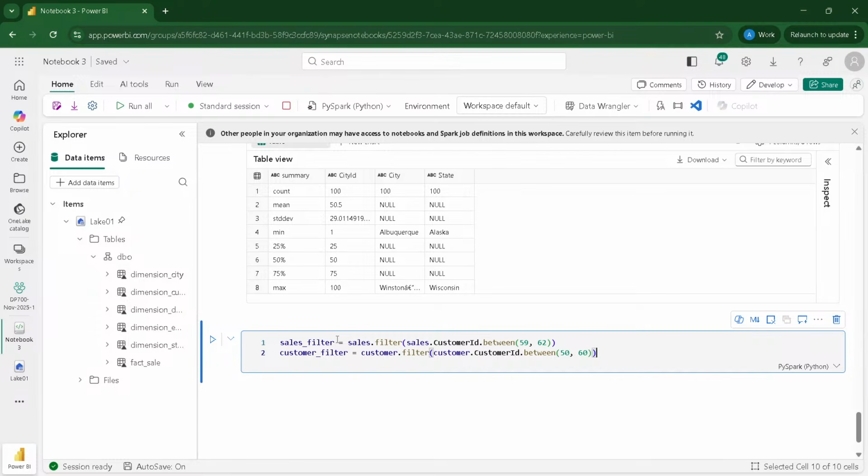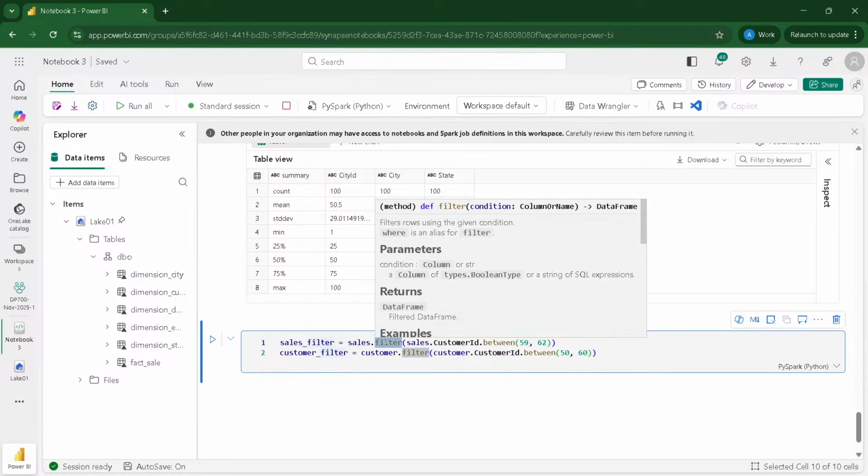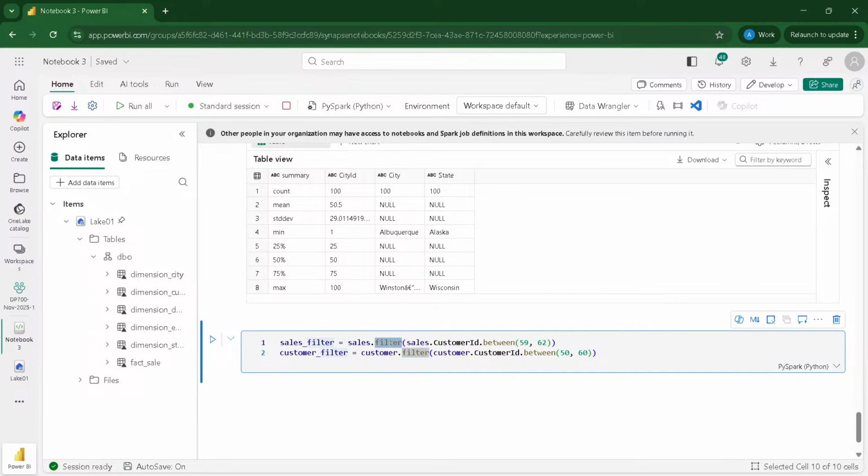Okay, so we create a new data frame from sales and filter the sales table, sales.filter. Now see, previously we used something a little different. Now you have the function filter also. In the filter function you can give sales dot column name, and you have between, equal to, all those things you can try out. So I am filtering the customer IDs between 59 and 60.